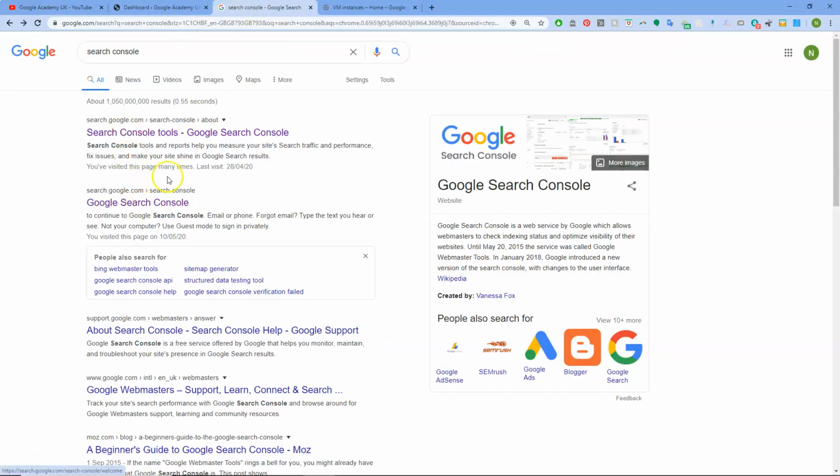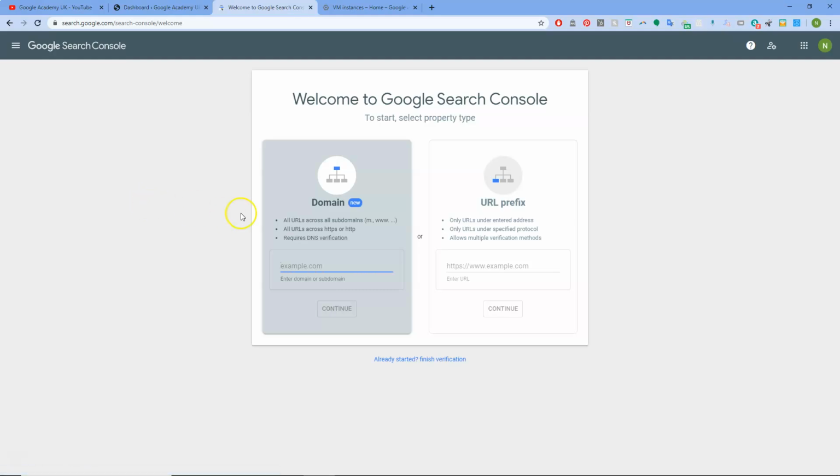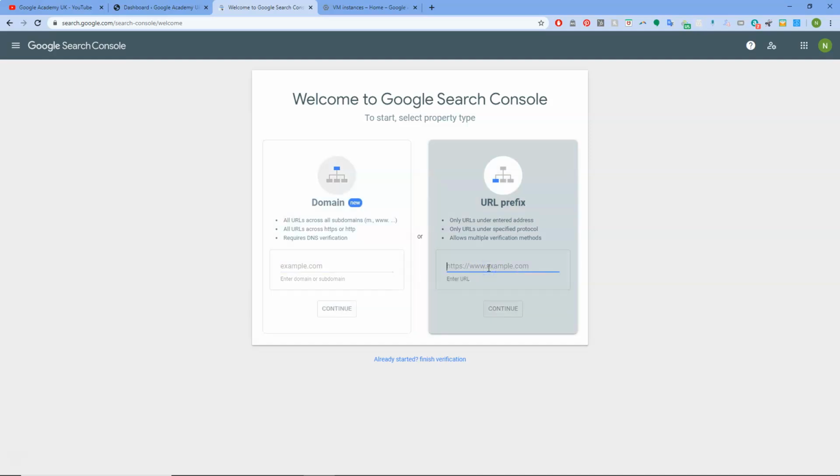In this video, what we are going to be doing is verifying our domain with Google Search Console. So if you just open a tab, Google Search Console, go to here. There are a few little processes we have to do. Now if you're coming across this video of verification at the very start and you want to verify it by a DNS record, you can put a TXT record in your current host and it'll do it that way. But for this one, what we're going to do is add a verification file